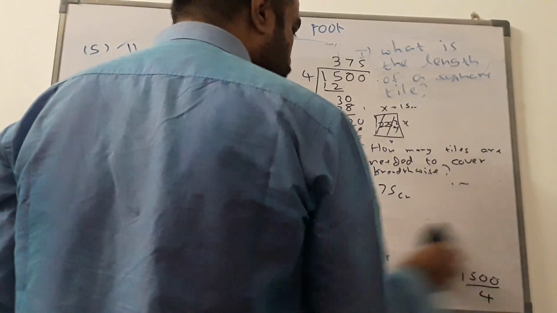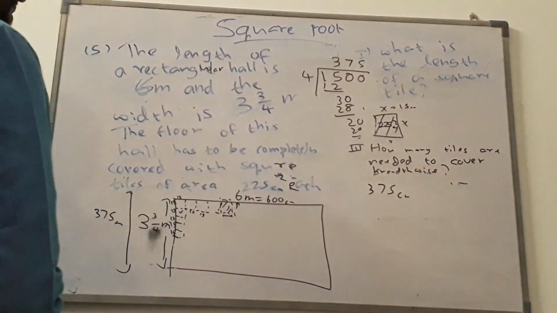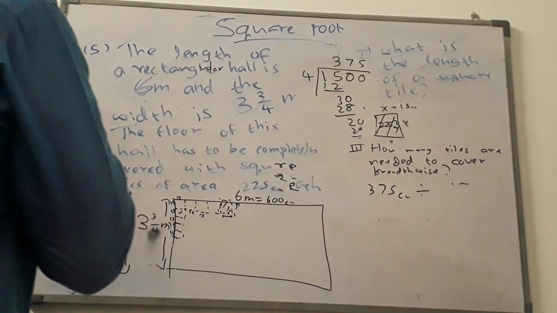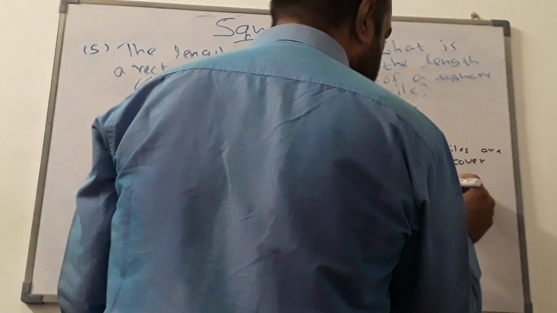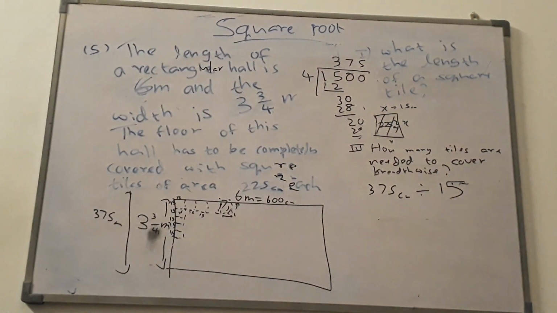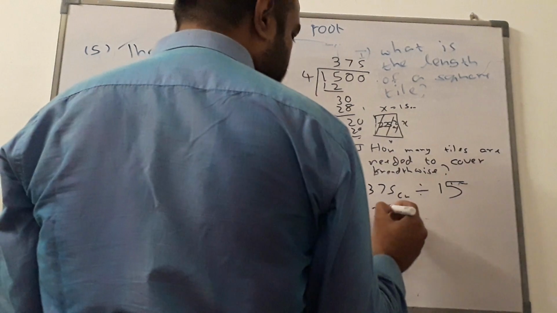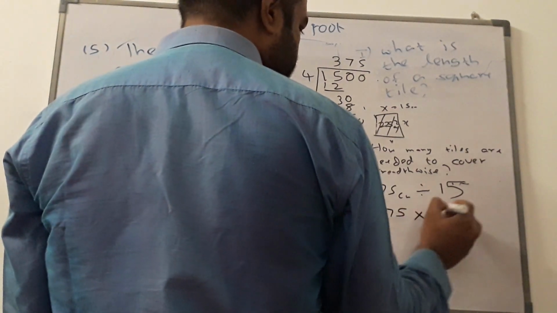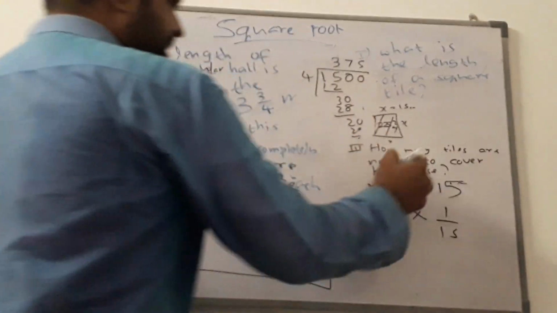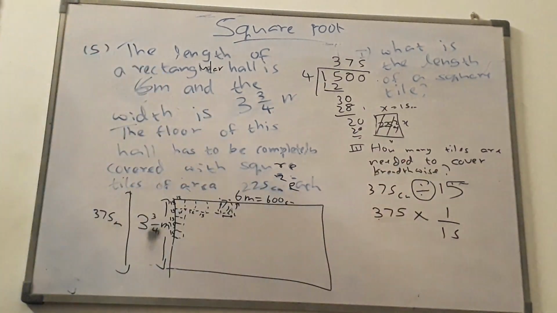So what I am going to do here is divide 375 by 15. Okay, so 375 by 15 means 1/15. Division becomes multiplication. When we are to divide a number by another number, we have to make,